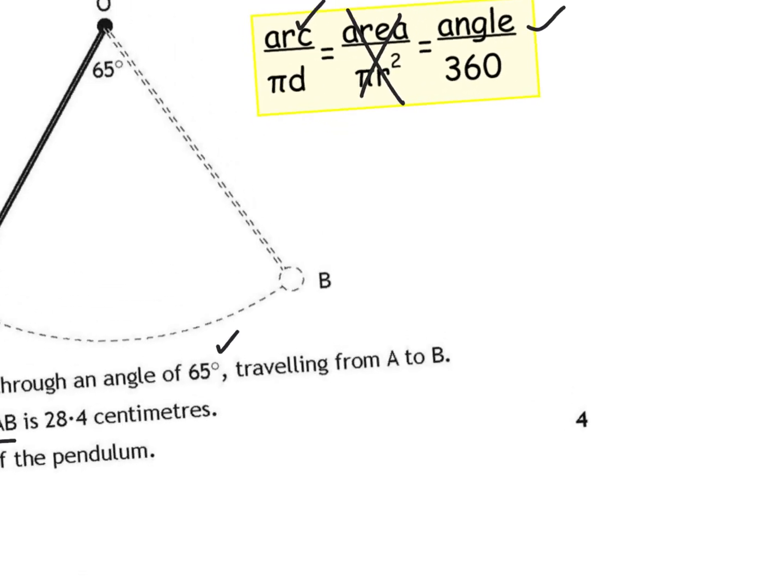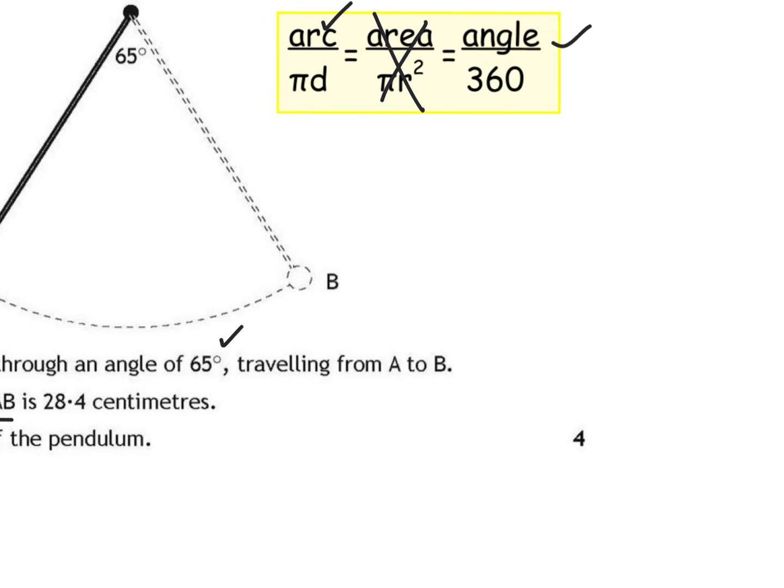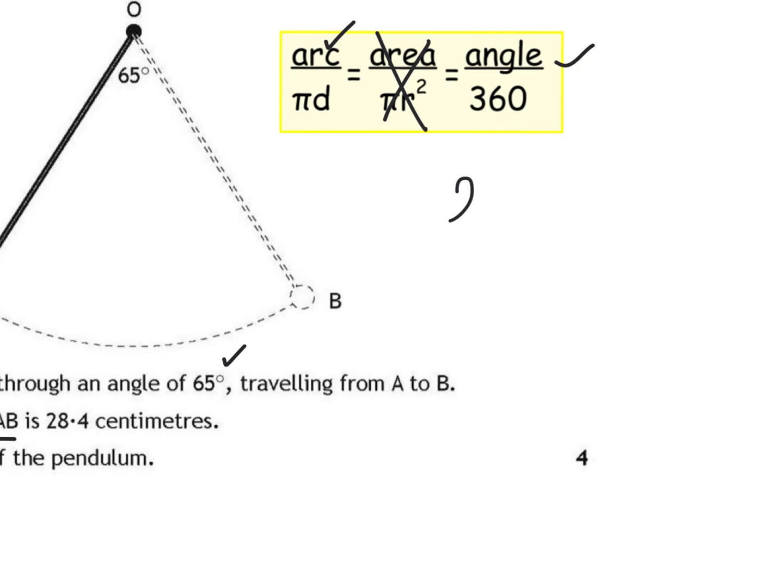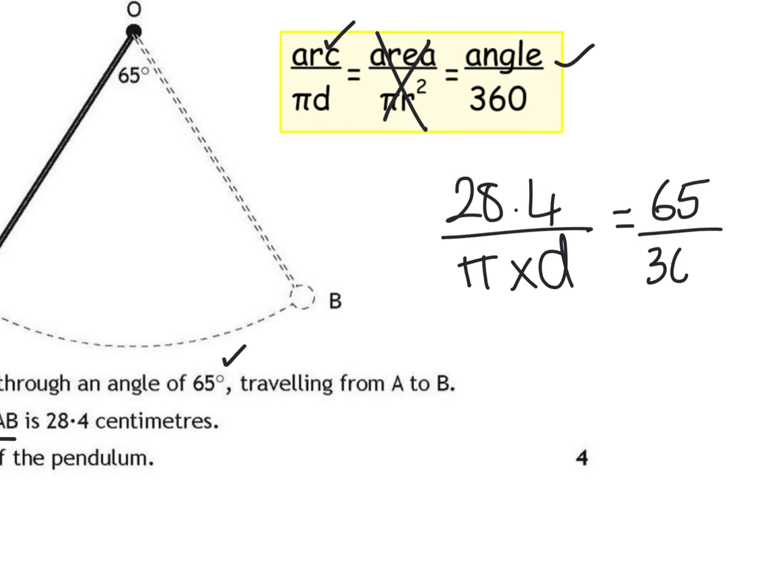Okay, oopsie daisy, let's straighten you up. Right, so I have my arc length is 28.4. So I've got 28.4 over pi times d. I know that my angle is 65 over 360. Now D is my unknown, so we're going to the sine rule where we fully cross multiply here. So I want my D on the left, so I'm going to write it as 65 times pi times D equals